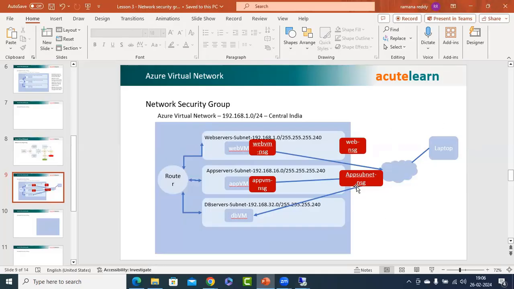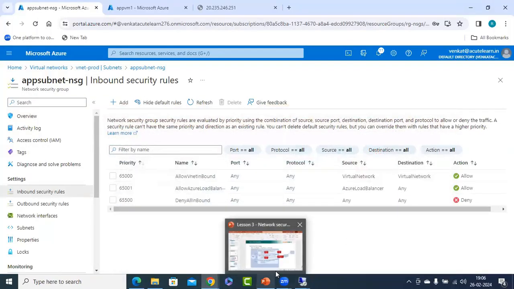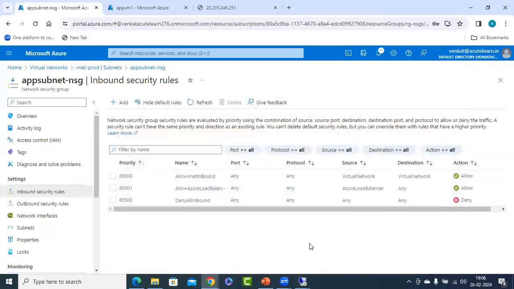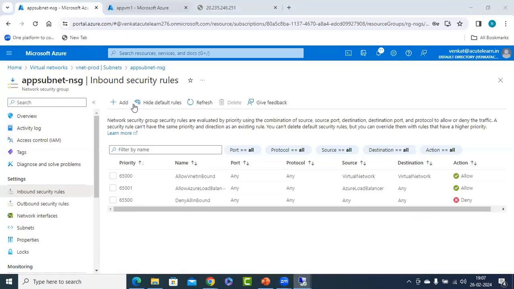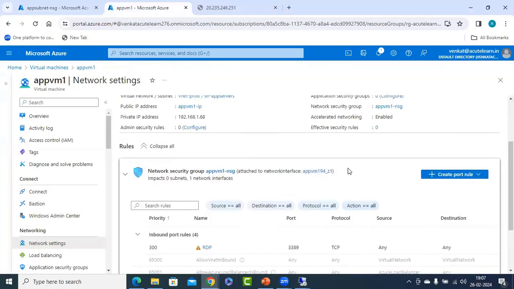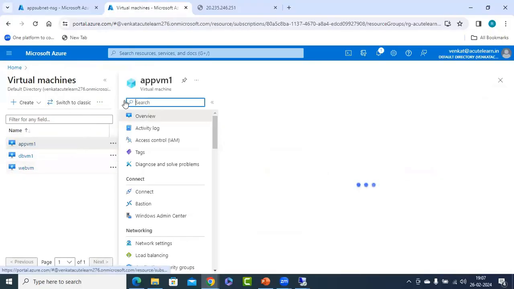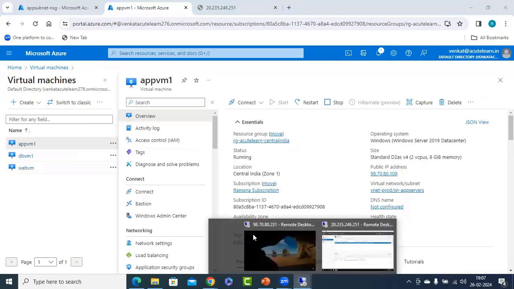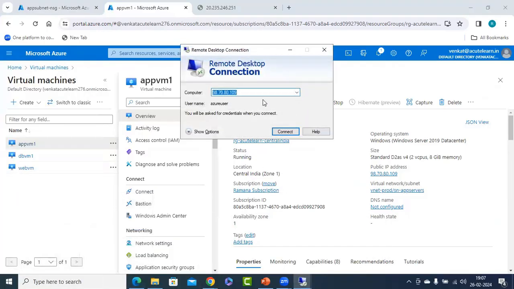Now, as soon as I apply the NSG, all the inbound and outbound rules will be applied at the subnet level. Now what I'm trying to do here is let me check the app VM public IP. Let me do an RDP to 109. I should not be able to do it